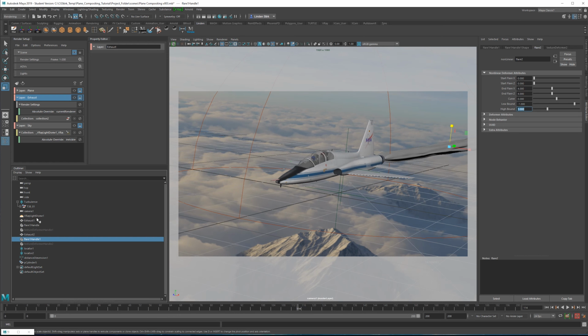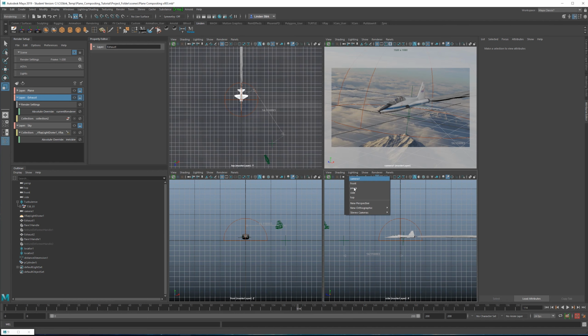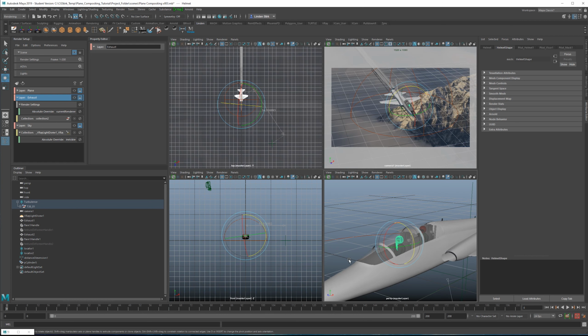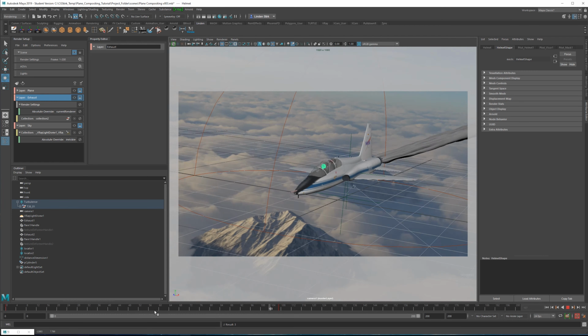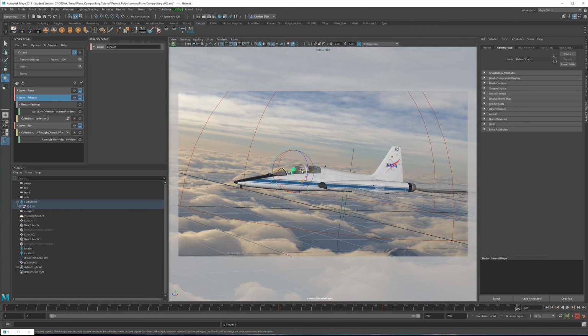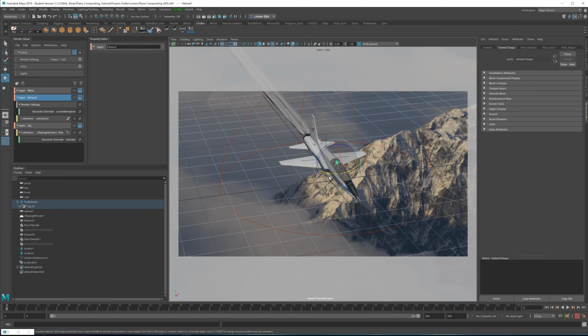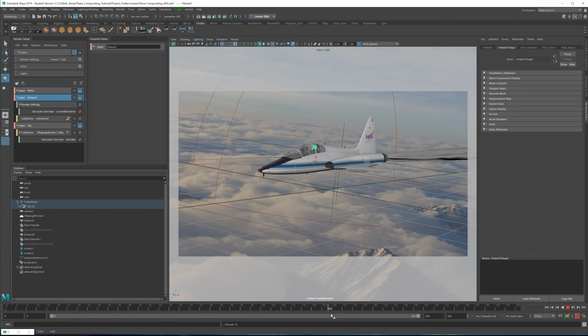One more thing I'd like to do is go into perspective view here really fast. Select the pilot's head. I'm just going to add just a little bit of animation to this pilot. Will make it feel a little bit more alive. So maybe as the camera's coming down, it kind of glances up at the camera, then looks back the other way. Just a little bit of really subtle motion, but make it look a little bit more realistic.